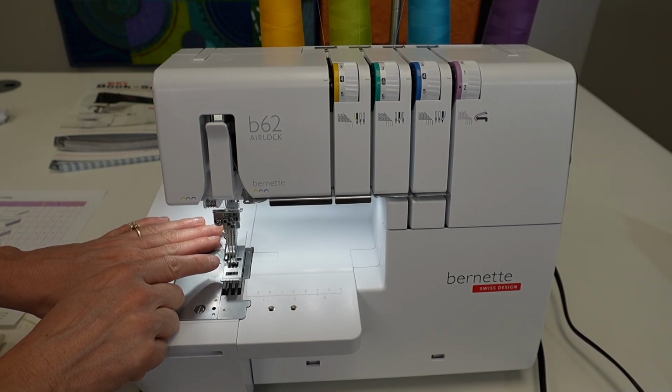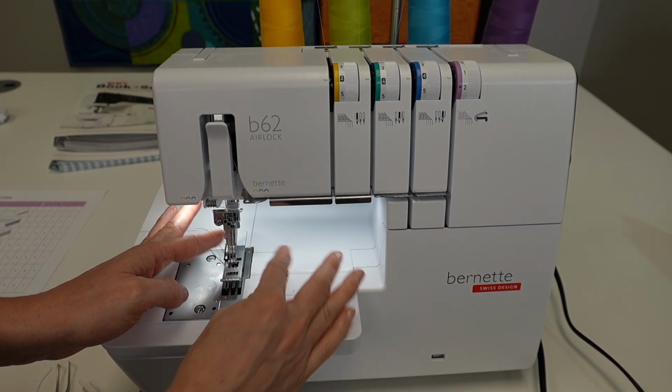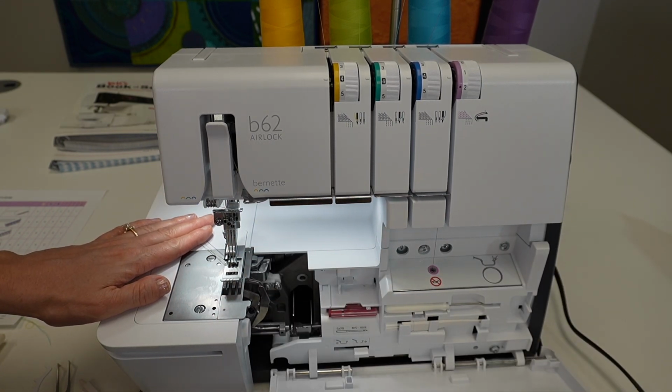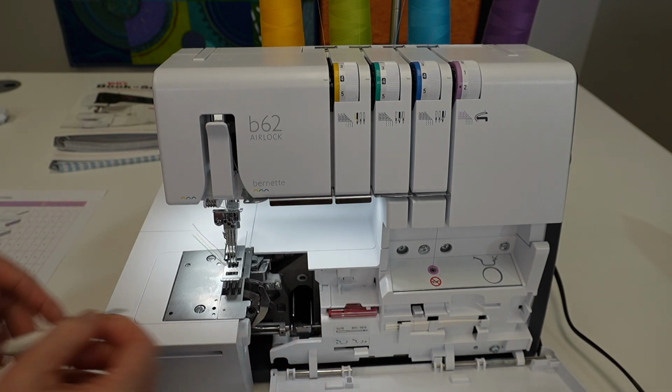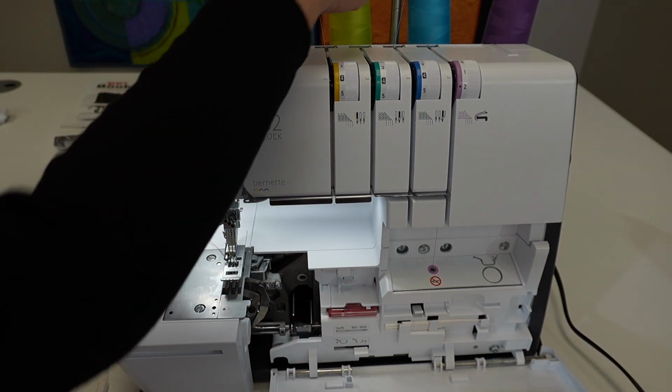Let's say we want to use a wide cover stitch. So I'm going to leave in the left needle and the right needle, but remove the center needle. Open the door and reach for the needle threader and the screwdriver. Let's remove the green thread